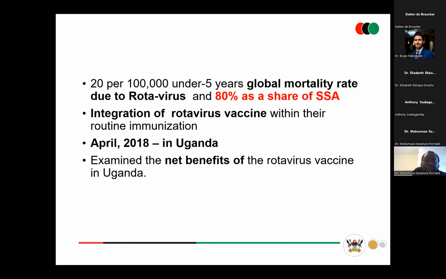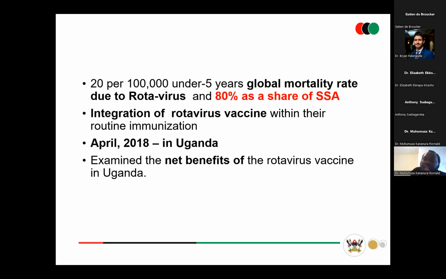About 20 per 100,000 under 5 mortality rates are due to rotavirus, with Sub-Saharan Africa contributing the largest share. And so we know there has been the integration of rotavirus vaccine within routine immunizations, including in Uganda, where it started in April